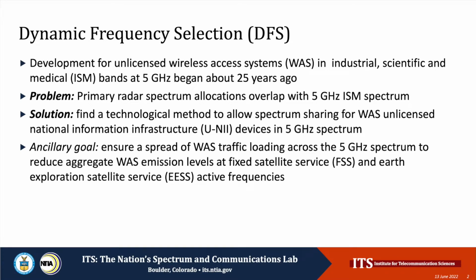Development of unlicensed wireless access systems, WAS, in industrial, scientific, and medical bands at 5 GHz began about 25 years ago. The problem with putting unlicensed communications into ISM spectrum at 5 GHz is that primary radar spectrum allocations overlap the ISM spectrum there. The solution has been to find a technical method to allow spectrum sharing for WAS unlicensed